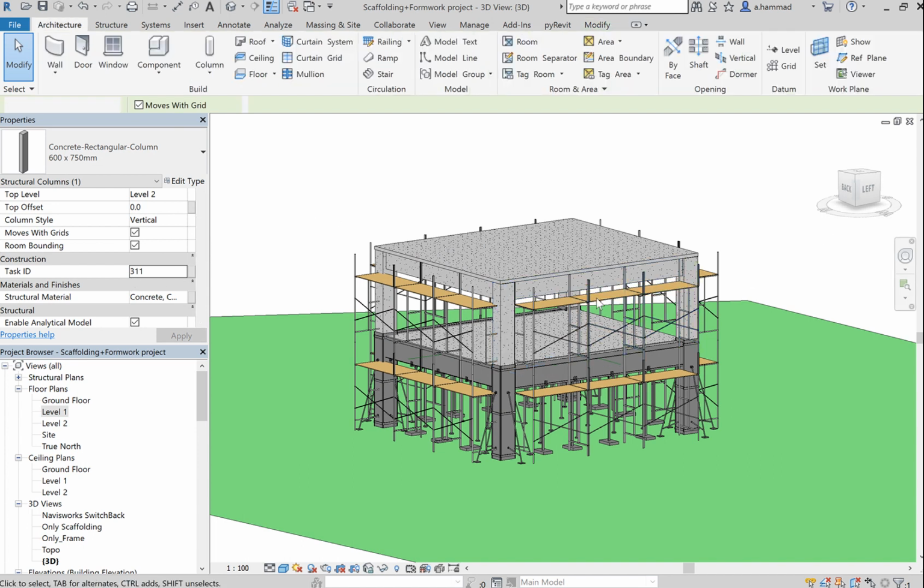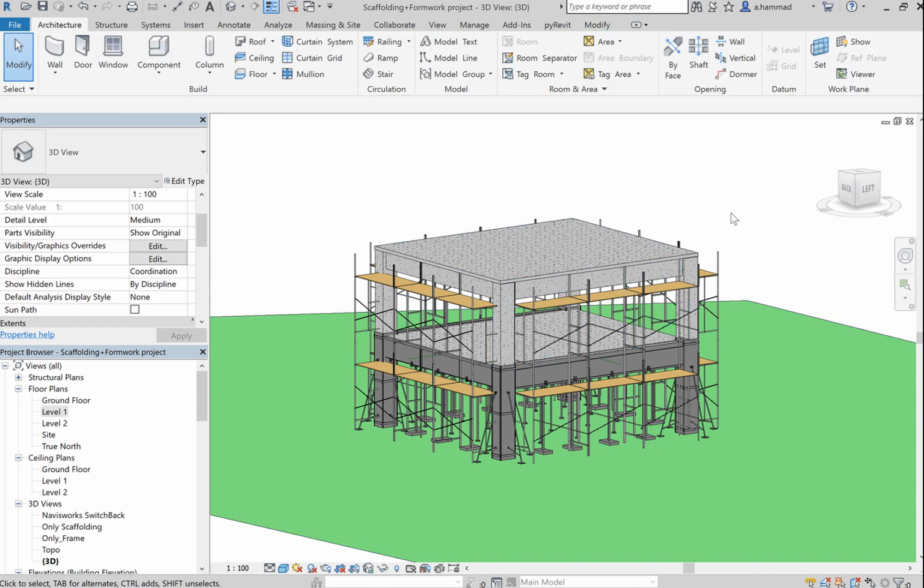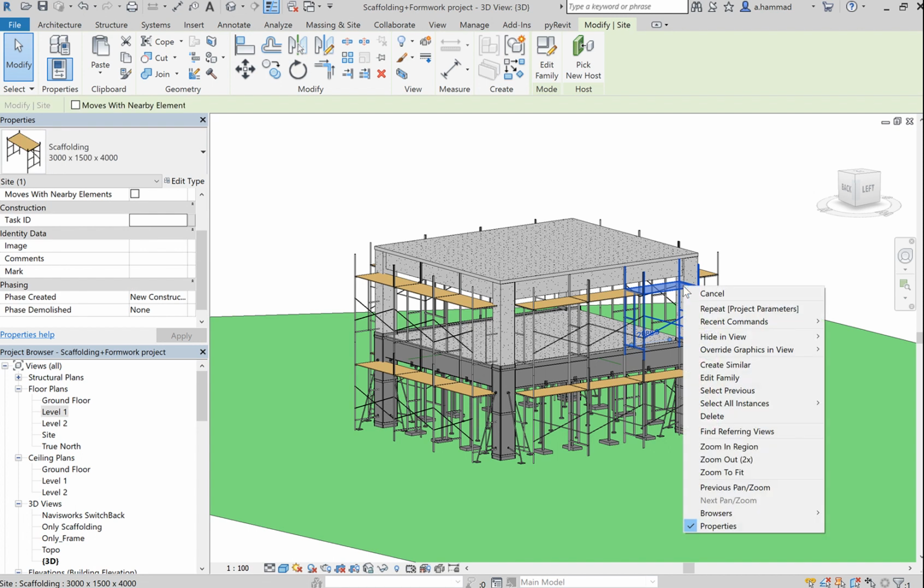As I said, this process of associating a task ID with each of the objects in your project is just to make it easier for you when it comes to dealing with Navisworks later on. So when it comes to associating the timeline with the individual objects, doing it this way will make our lives way easier. As a last demonstration in this video, I'll click on my scaffolding,